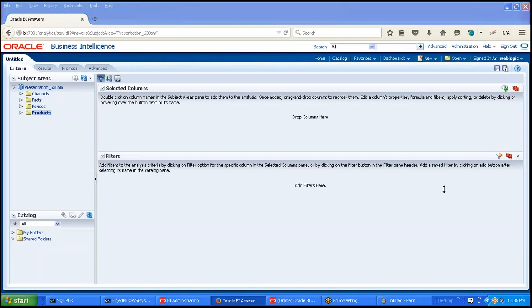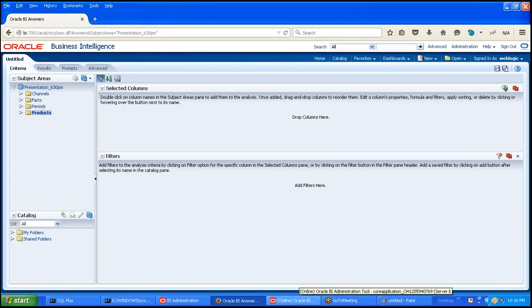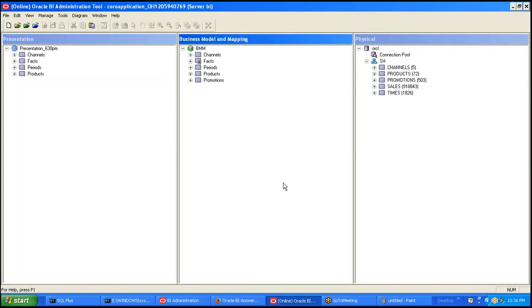I hope you are comfortable with drag and drop. We will just drag and drop the columns. But my question is how we can develop the presentation layer. In the analysis part, are we going to define the dimensions and facts? Will we be doing some kind of modeling work there as well?